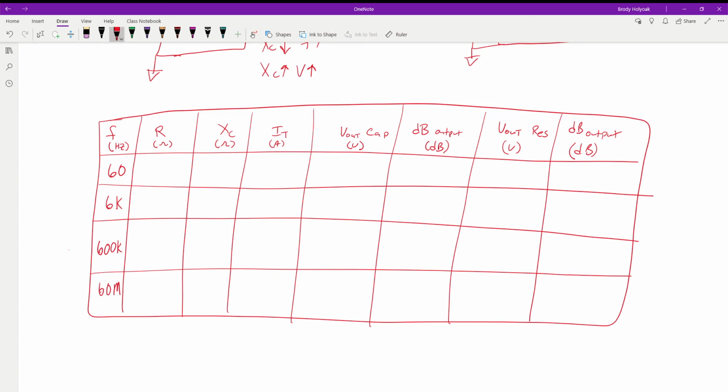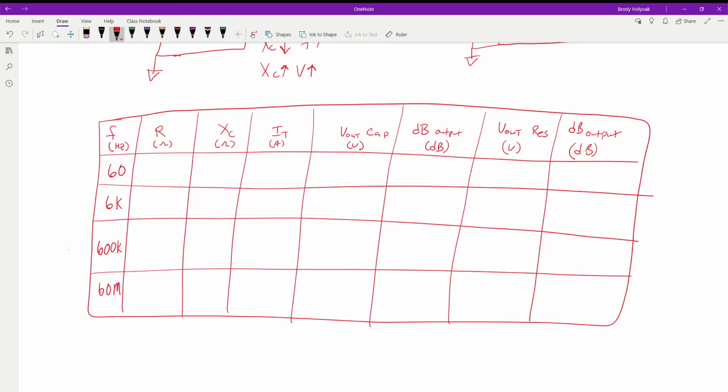So let's go ahead and get into the math for this circuit. And as we go, like I said, we'll come back through and fill in the tables as we go. I have these broken up so we're solving for all of one value at a time. We're going to solve for all the resistance values, all the reactance values, all the currents, voltages, decibels, and things like that at each of the different frequencies. And then we'll talk about what we're looking at when it's all said and done.